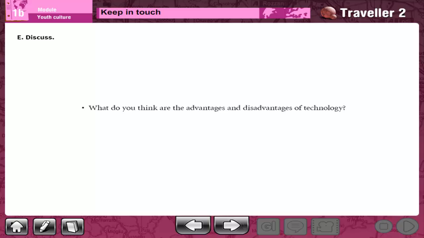And finally, if we discuss, what do you think are the advantages and disadvantages of technology? This is an open question. You can talk about the advantages as you like, and you can talk about the disadvantages as you like, of technology. We can say there is a big advance in technology in every field in life, okay? So, I leave this question to you to talk about the negative points and positive points of